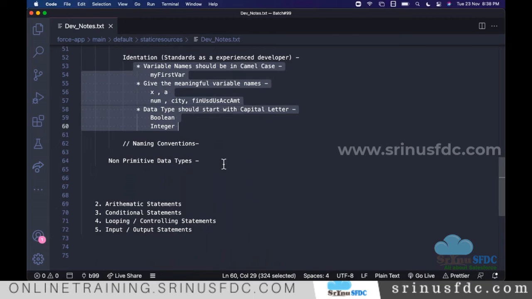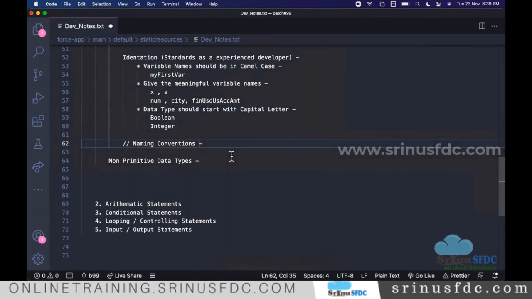Now the next thing, naming conventions. We have to follow this for variable names, valid variable names.